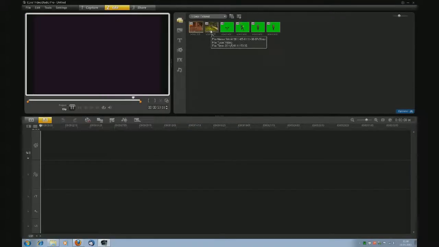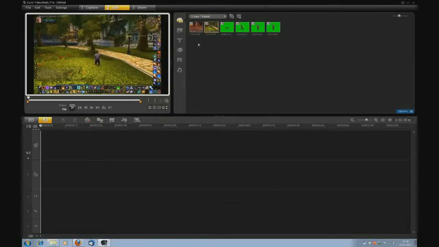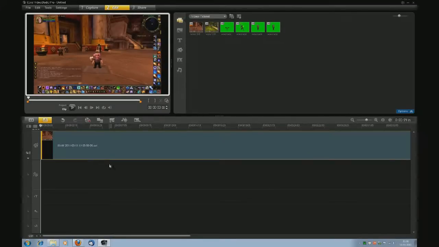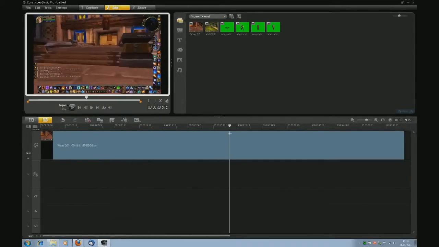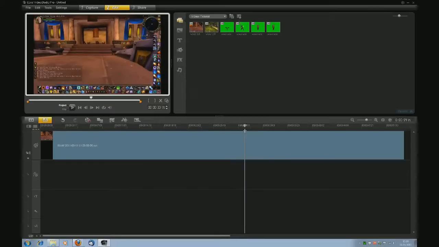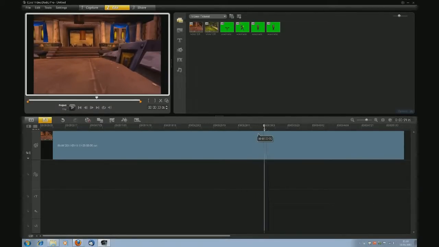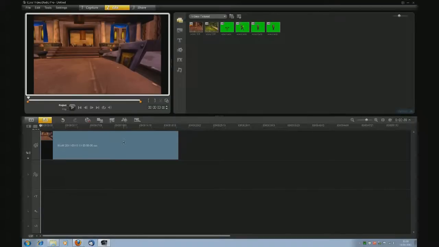Now these first two are like background files. That first one I'm using, so what I do is I click there, and that makes it filter the screen so I can see the whole thing. Now I just drag this along until I find the section where I got a good background. Now Gobbygonk is zoomed in so you don't see him. Now he's just looking at the auction house in Ironforge, so that looks like a good point there where I